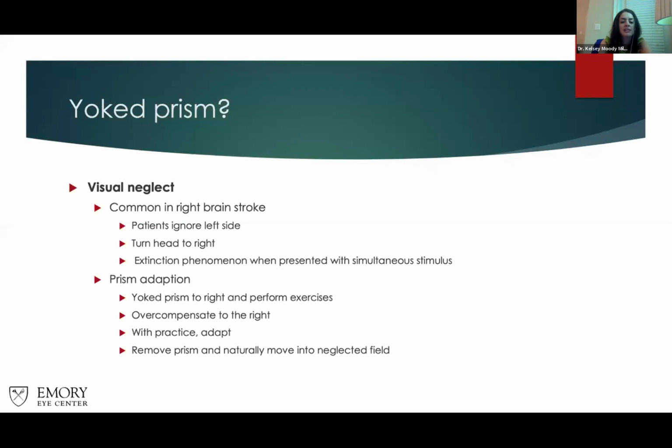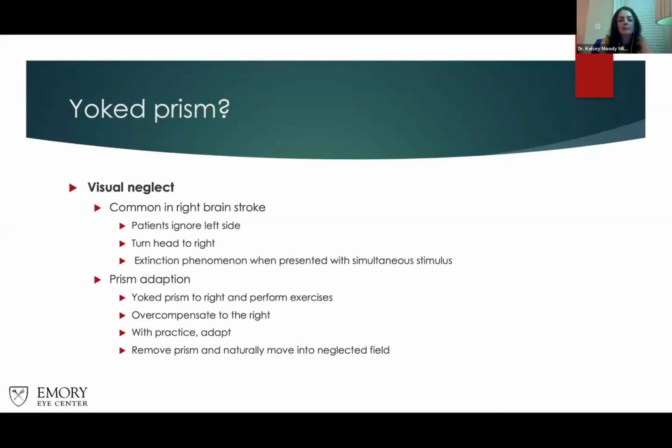And what you'll find is that they'll overcompensate to the right because the prism's in place. And then with time, as they're doing it, they'll start to adapt to move to the left to make up for that. Then when the prism is removed, they'll naturally overcorrect to the left, and that will help them start to be aware of the field to the left side. Typically, it takes about 10 to 20 treatments for them to have any benefit, again, done in the acute phase